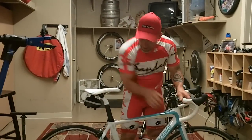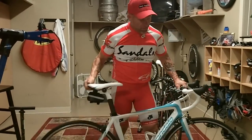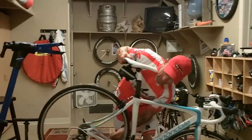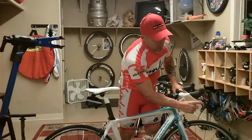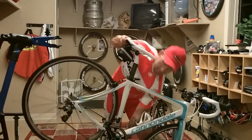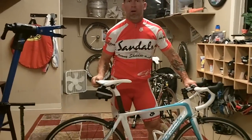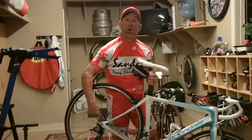If you click it another time, it's actually going to drop it down a little bit harder. If you keep tapping it and keep tapping it, it'll eventually work its way all the way down to the bottom. If you want to make it easier to pedal, the same shift lever, this small shift lever, you're going to click it twice. That's the double tap. Twice is going to move it up the cog set to what we call a lower